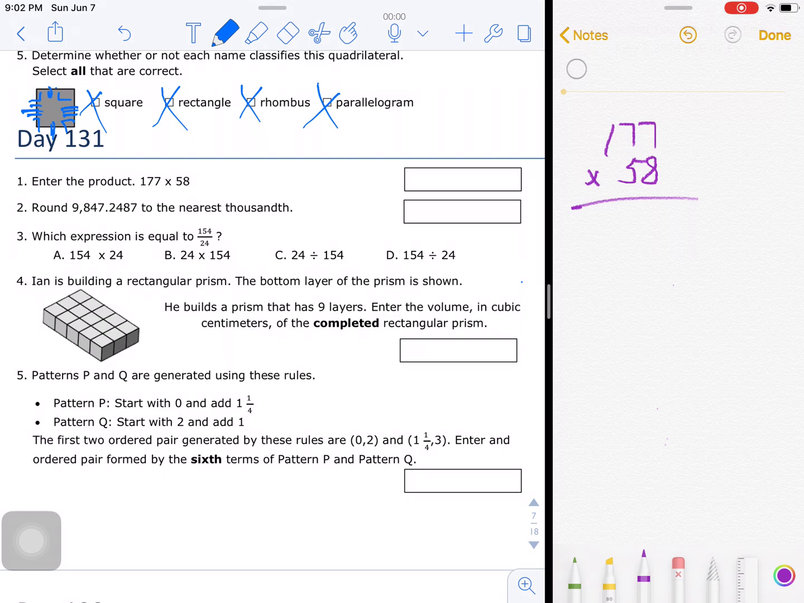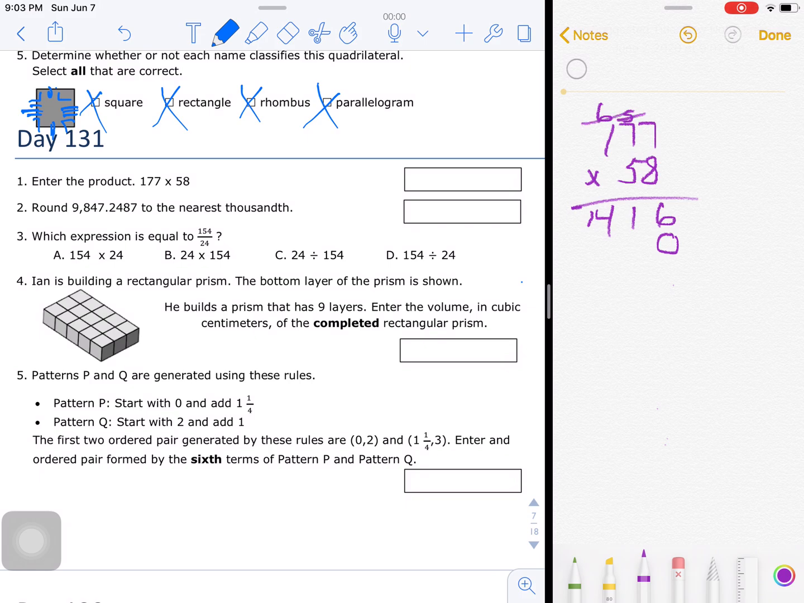Problem number 1, enter the product, 177 times 58. So we're going to have two partial products. We go 8 times 7 is 56. 8 times 7 again, 56 plus 5, 61. 8 times 1 plus 6 is 14, 16 in our first partial product, and then we have 5 tens, so anything times 10 is always going to